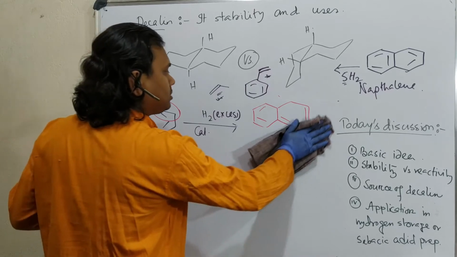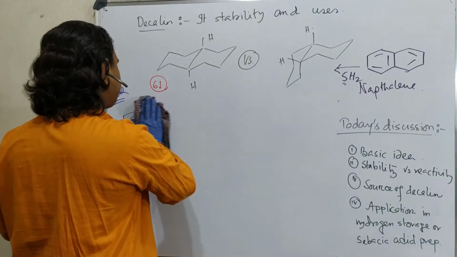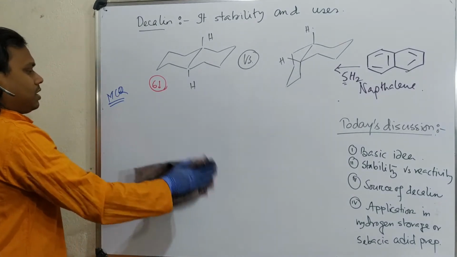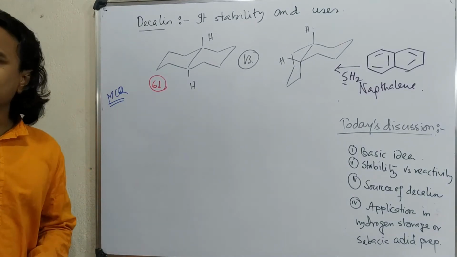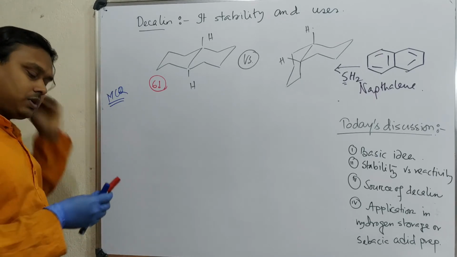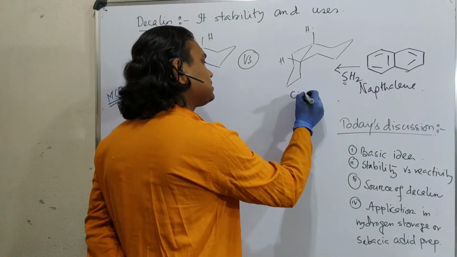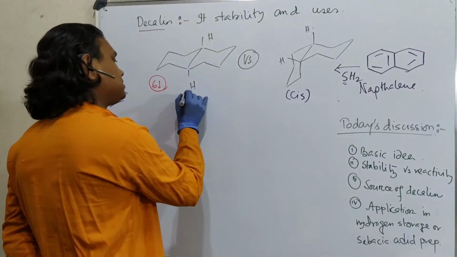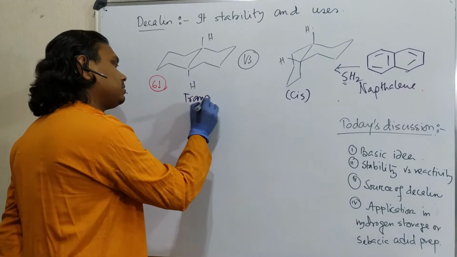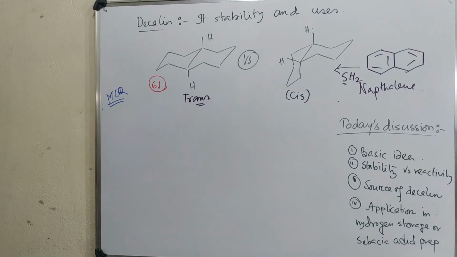Now question, through this process, what we produced is decalin. Now simple thing, these two are not the same, actually they are, you may consider cis or trans isomer. Now which one is cis? So this is actually cis and this is trans. Okay, so this is cis, this is trans, you can see. Now question, why is this cis?